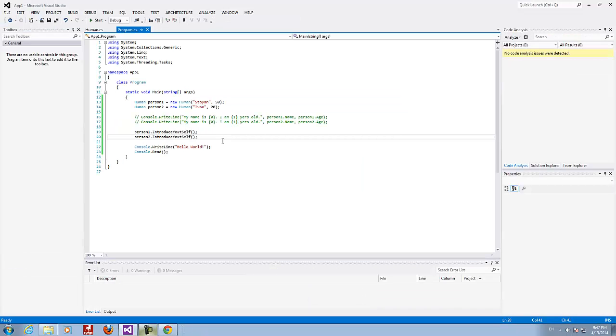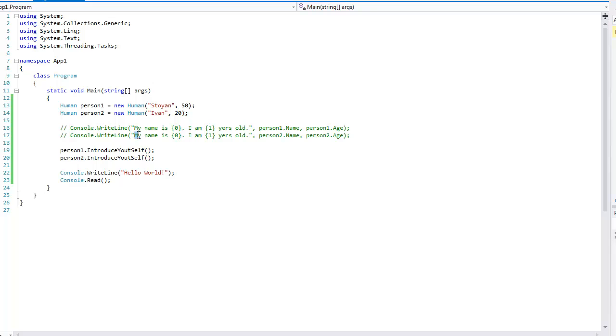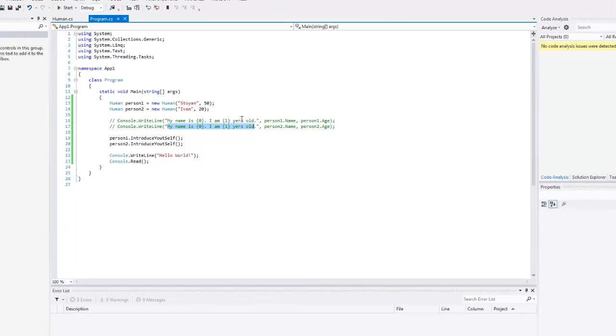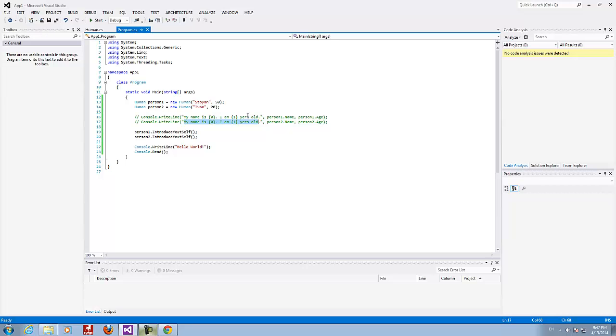Simply because the cost of change will be very low. Right now, if I want to change the way the persons get introduced, I don't have to go to 100 places in my program. Let's say that in 100 places in my program I have to introduce my persons, so I don't have to change the code in 100 places.